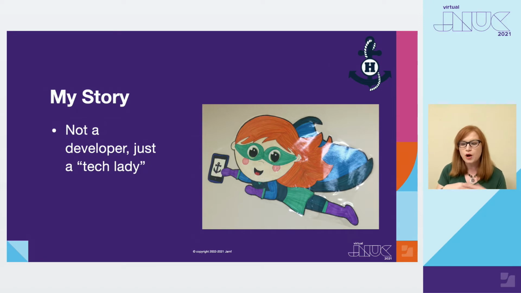So when I get a chance to automate something, it's a little treat, but I could be interrupted at any time by a kindergarten student walking into my office with a broken iPad, or a phone call from a parent that wants to view their student's grades. I may get a panicked request to turn on the guest Wi-Fi last minute in the special ed room, or a flood of tickets saying that Adobe applications aren't working in one of the labs. And two of those things actually happened to me today.